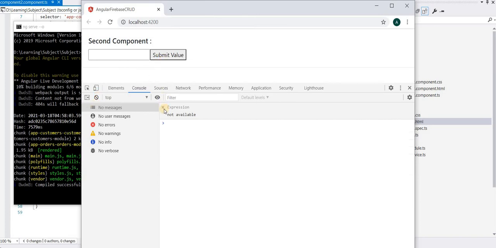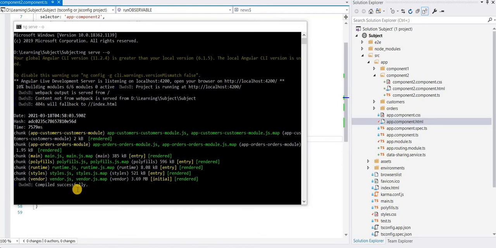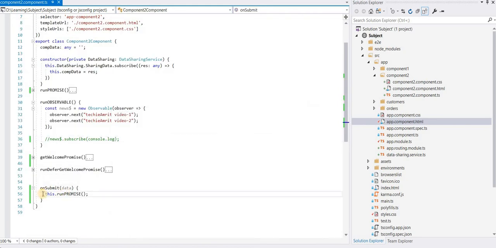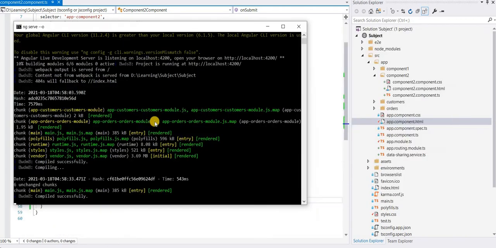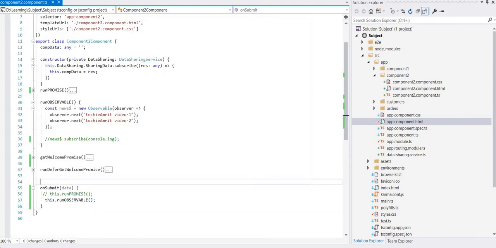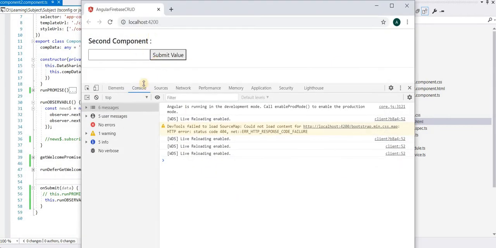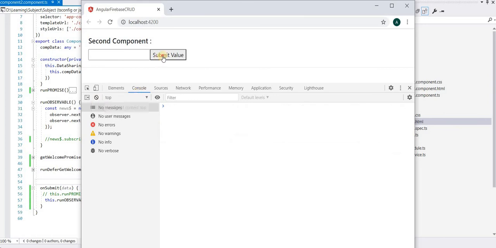When I push the submit button, by nature it should not show anything. I think I called the wrong method. Let me change. Here I called the promise. I have to call this dot run observable, right? Alright, so let's go here again, clear the console and hit submit.